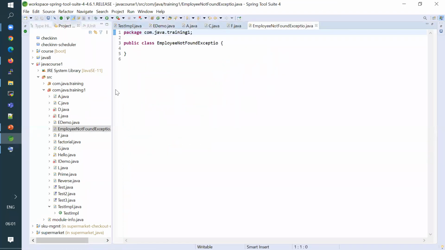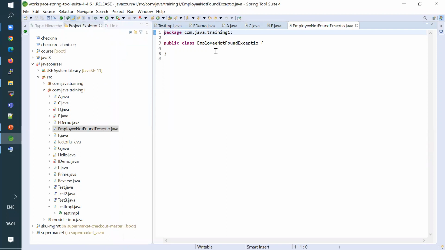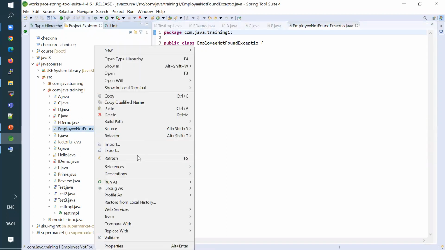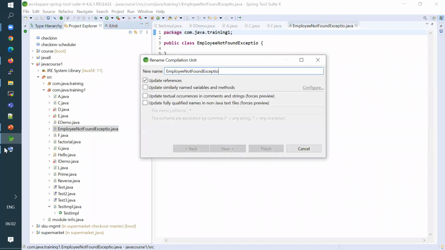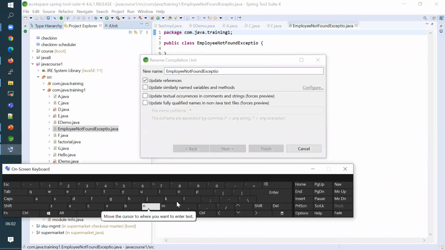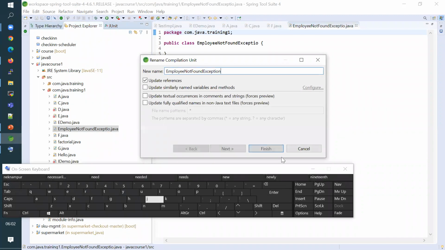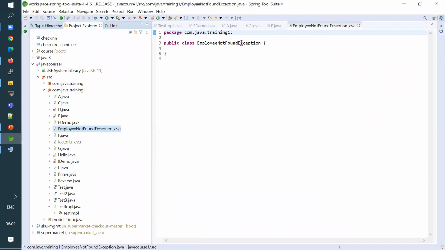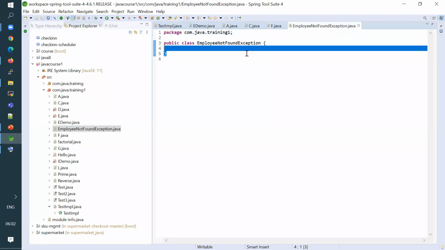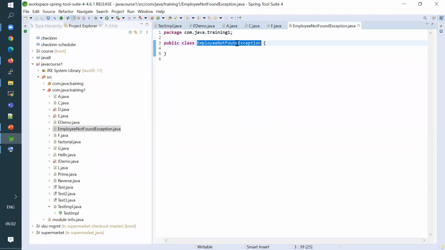If you see here, I created one exception called EmployeeNotFoundException. This is my custom exception. This is not available in the Java library.